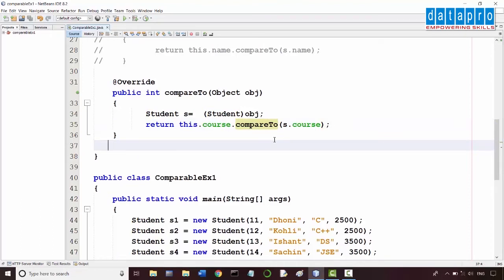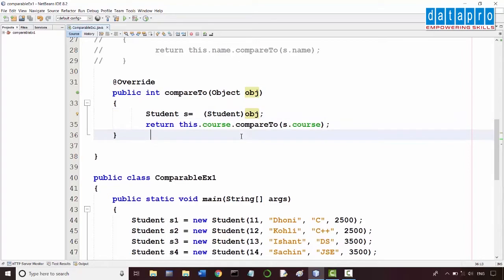It compares two string objects and returns an integer. It could be 0 if both are the same, a positive value if the second string occurs first in alphabetical order, and a negative number if the first string occurs first in alphabetical order. Accordingly, the Java compiler positions the strings, whether to swap or to keep as they are.